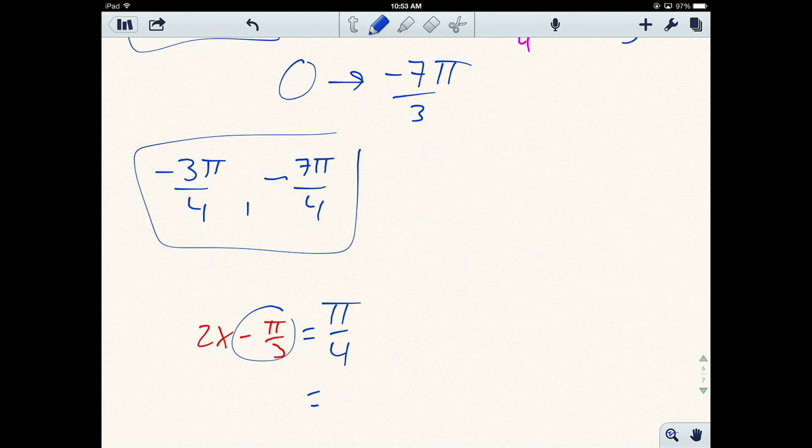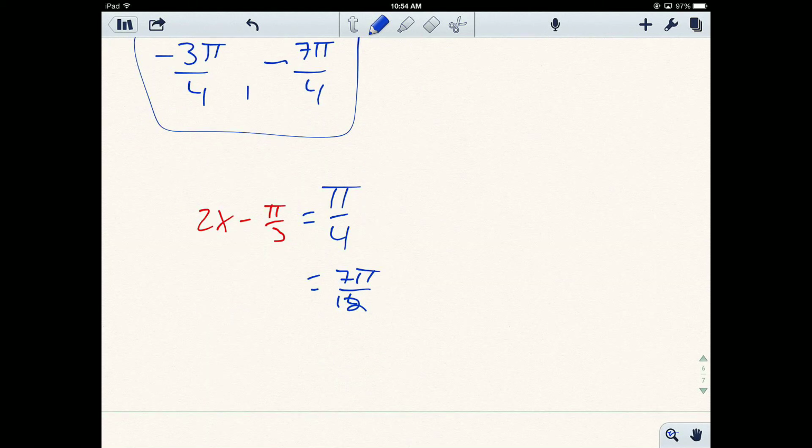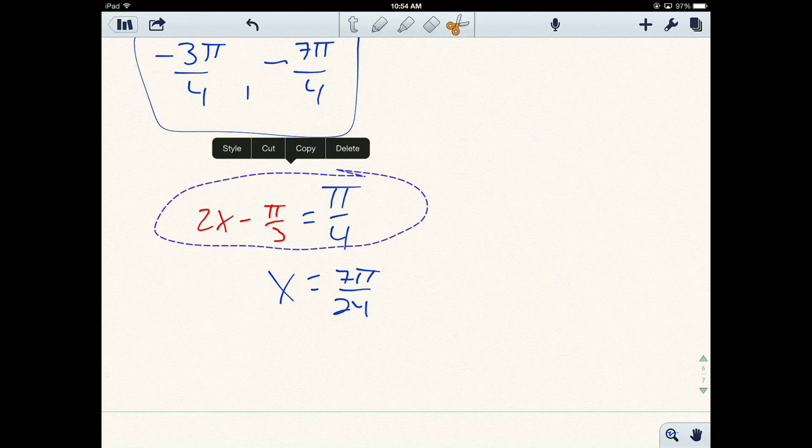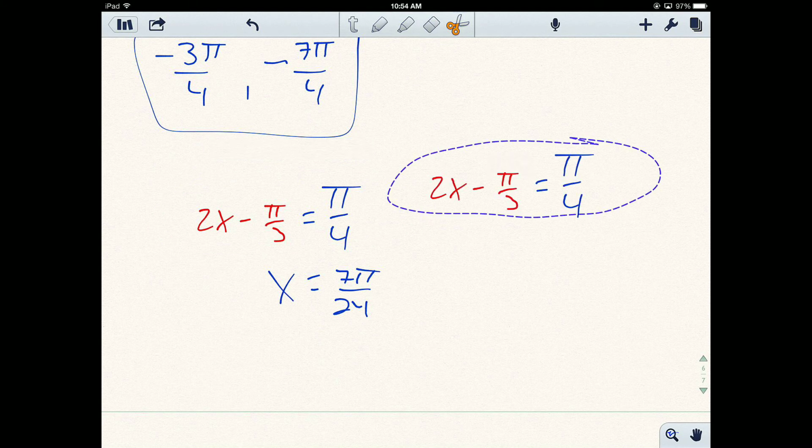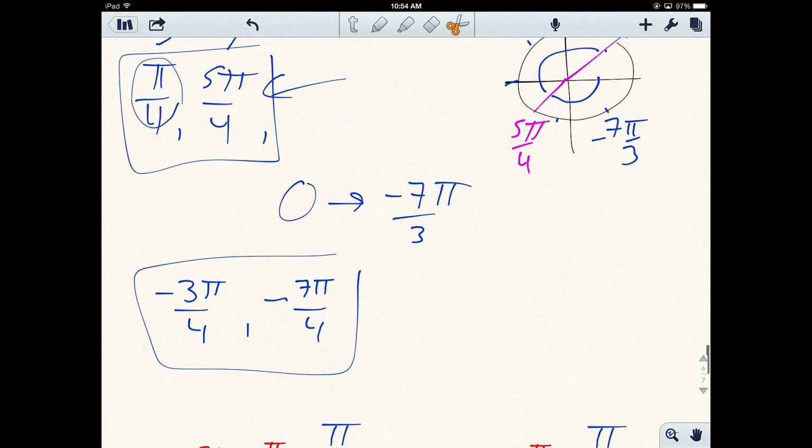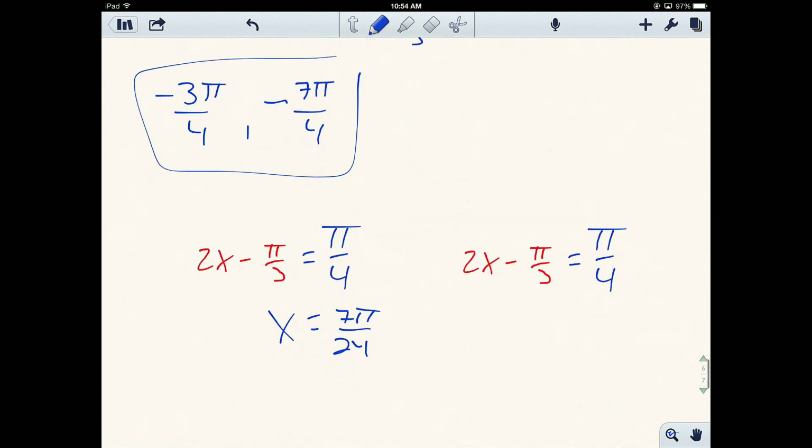And we move the pi thirds. We're going to have to multiply to get a common denominator. This is going to end up being 7 pi 12ths. And when you divide by 2, x ends up being 7 pi 24ths. If you need to pause me and check my fractions, go for it. We're going to do the same thing for this, but we're going to use 5 pi fourths, right? So this is 15 pi 12ths, and so you would get,